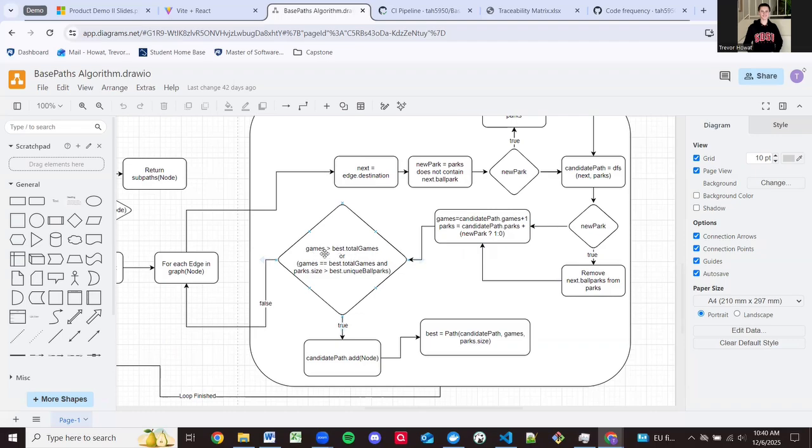So if games is greater than our best dot total games, so we prioritize games first. So we want to see as many games as possible. So if this path has more games than our best path's games, or if games is equal, so if our best and our current have the same number of games, then we look at ballparks. So if ballparks dot size is more than our unique ballparks,